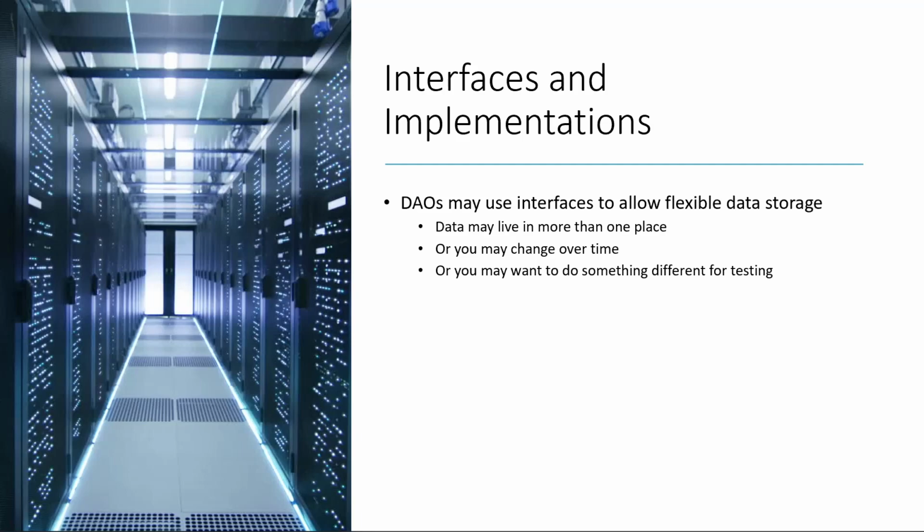I can have an interface to say, hey, this is my interface to be able to load in user information. And I might start with a file that loads in user information. Then I might go to a database that loads in user information. And then as I get fancy in my system, I might go to something called LDAP, a directory system that keeps permissions as well for what you can access. It can be managed by large enterprise security systems. And so you might change over time, or you might just have different deployments on different sites. You might not want to use the heavyweight security for your development environment. You might just use something simpler. And the DAO allows us to not only isolate that logic, but swap it out to the one that's needed